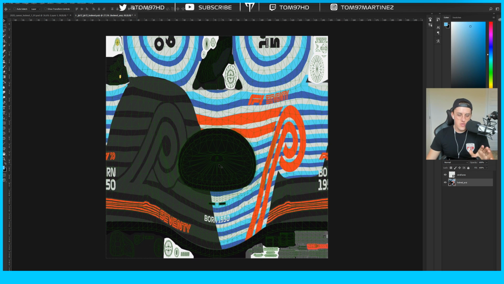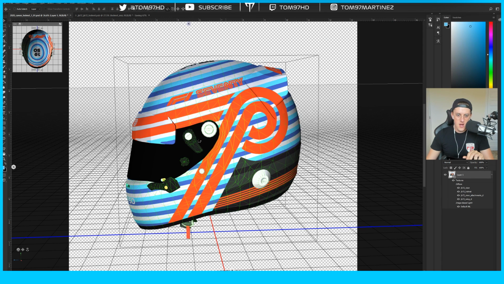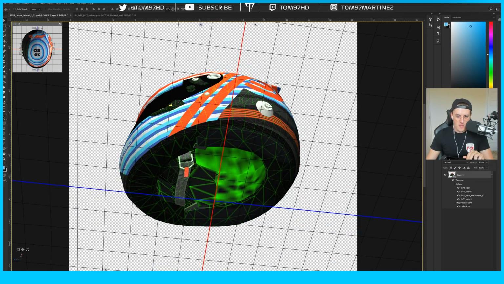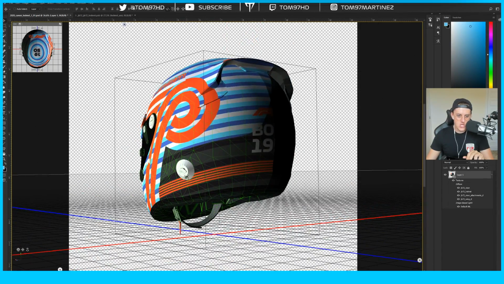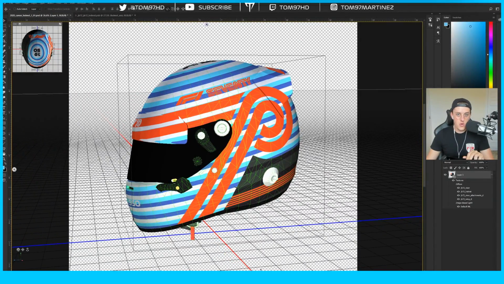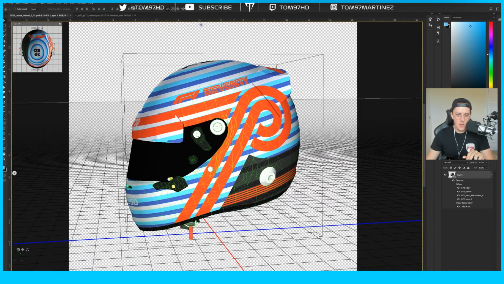Now I do recommend a few things first, and that is keeping a few parts of this. So you want to keep everything that's in the top left up here, everything that's in the middle in this section here, top right, the visor, and below this black strip, everything at the bottom of the screen here. You want to keep those, because those little things are your little buttons here on the side of the helmet. Down here it's your helmet strap and also the hands connection device. So I recommend holding on to those because they're valuable, and it's going to help to add to the detail